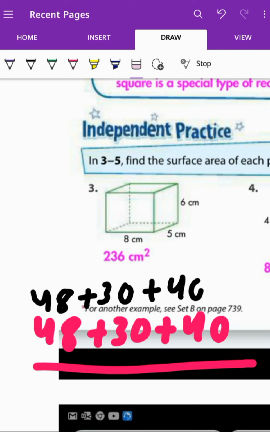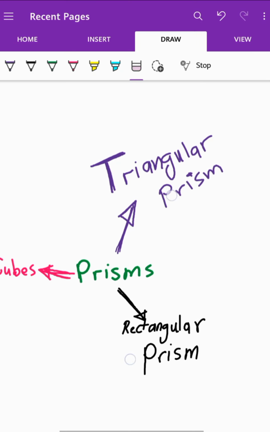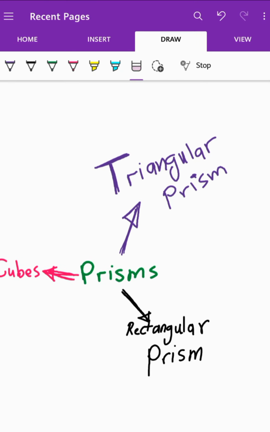236. Let us try to add them. We have 80 here, and we have 60 here, so 140 plus 96, yes, equals 236. Now we finish from the cube